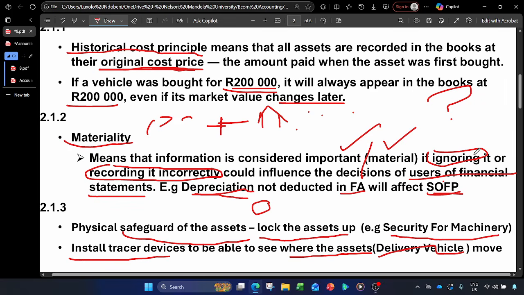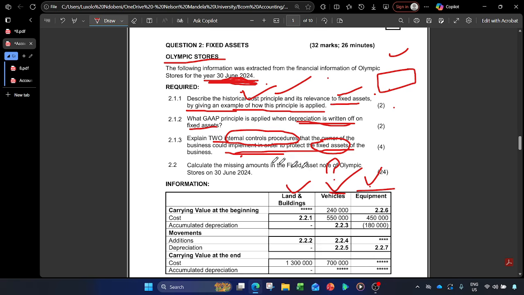We implement those internal control procedures so that we protect the assets of the business, because at the end of the day, that person or that staff or the delivery guy won't pay the depreciation expenses. The depreciation of the assets being used will be paid by the business, and that person will also be paid for using the asset for personal expenses. So that is why the business has to protect its assets, right? So I think that makes more sense. Let's move forward to point two.